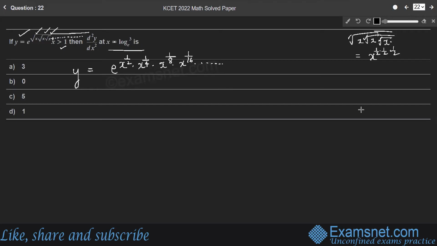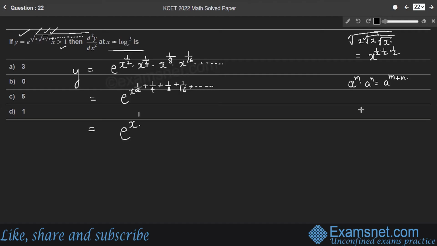Therefore, we can write this term as e to the power of x raised to 1 by 2 plus 1 by 4 plus 1 by 8 plus 1 by 16, and it continues. Since we are using the formula a raised to m into a raised to n is a raised to m plus n, it goes e raised to x to the power of